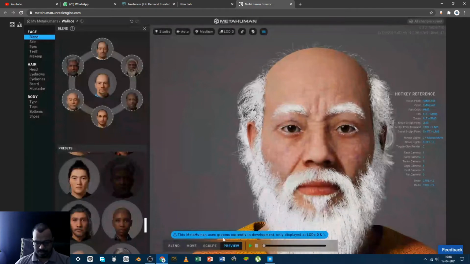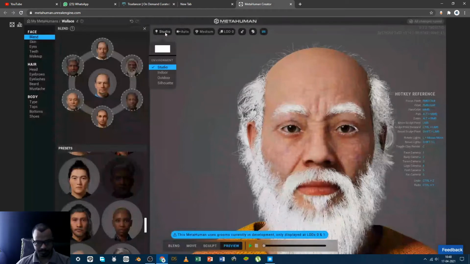This MetaHuman uses grooms currently in development, only displayed at LODs 0 and 1. This is LODs. So yes, auto LOD is 0 and 1, 2, 3, all the rest of the options will not work. It does mean that.